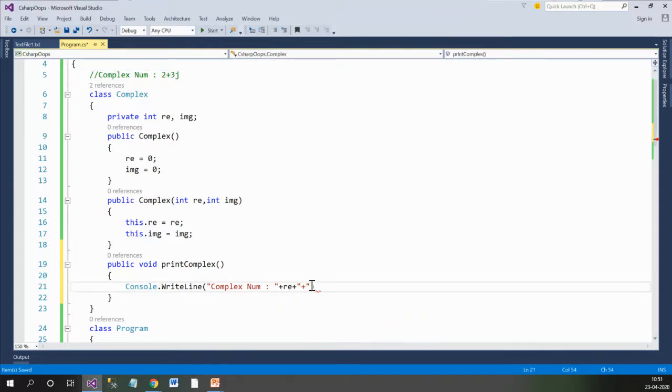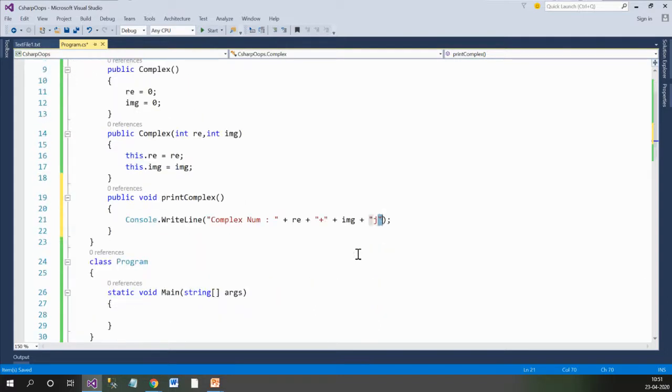After the plus symbol I want to print the imaginary value, and then I need to concatenate j after it. So real plus imaginary and then j. This will be our output.